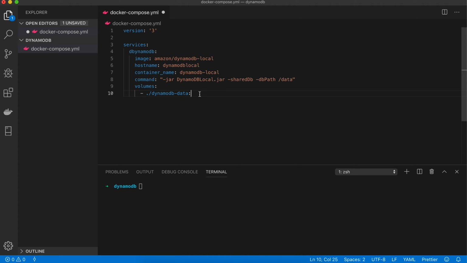We'll see it in a second, and we'll map it to the data folder which is created in the container for the DB. Now let's map the ports. We'll be running it on 8000. This is the host and container port. Now expose it on 8000.